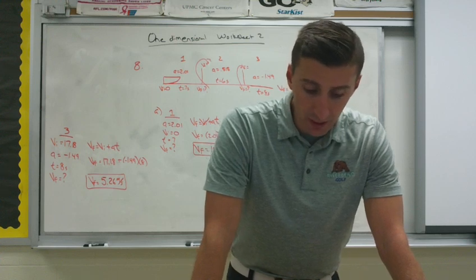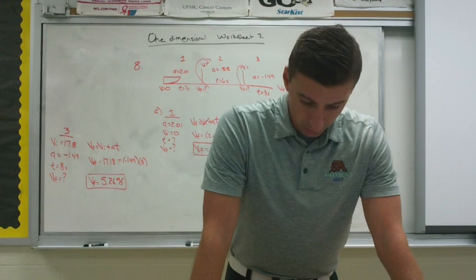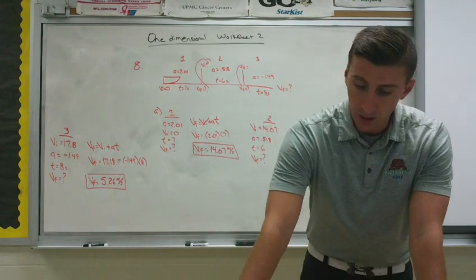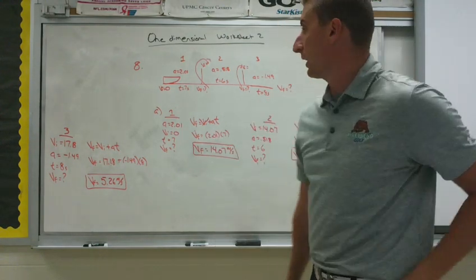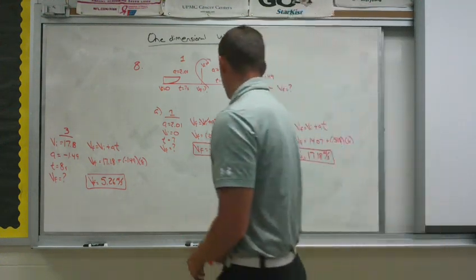Now, for part B, it says, find the total displacement for the boat. So what you have to do here is actually calculate delta x for each one and add it up. So again, I'm just looking for delta